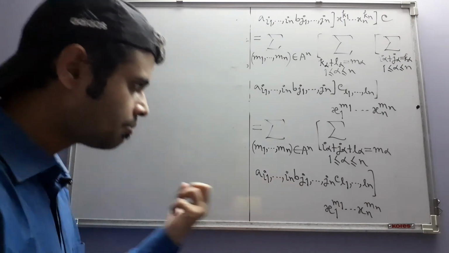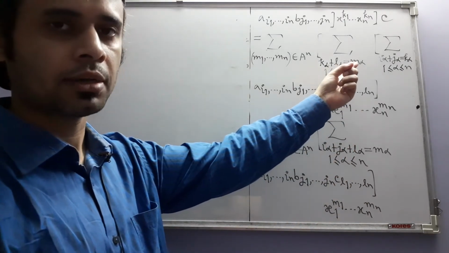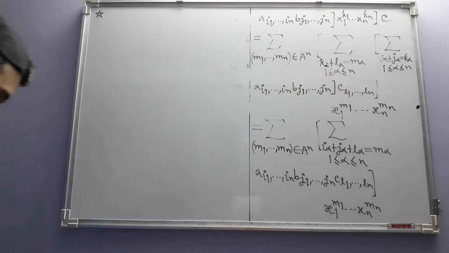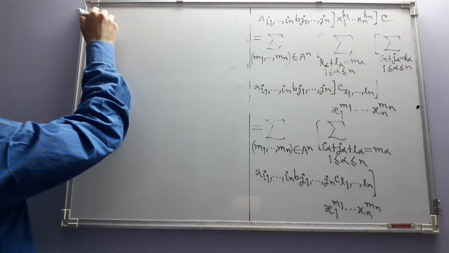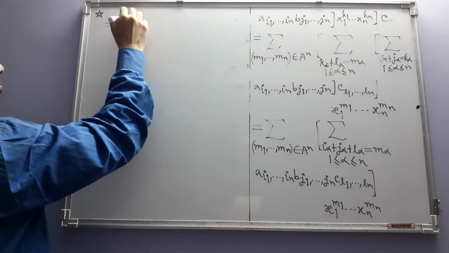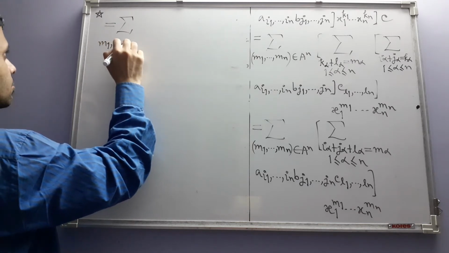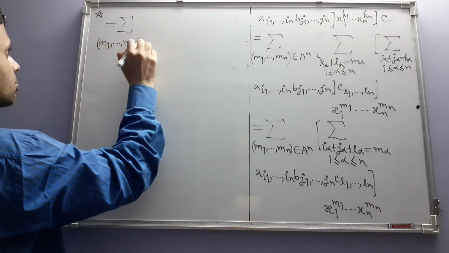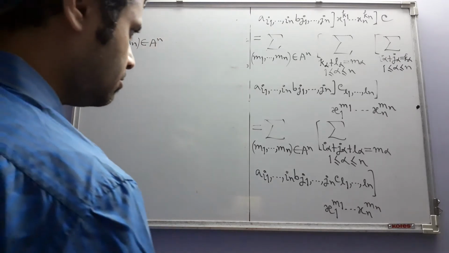You can take them common out. That will give you again a double sum like this, and we will get this. This belongs to an